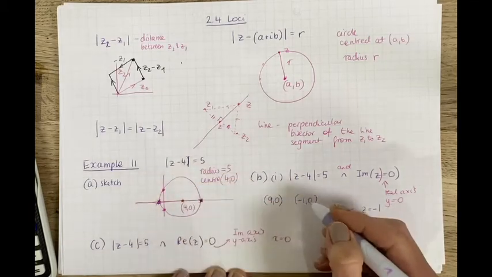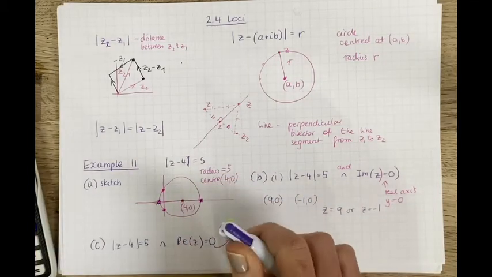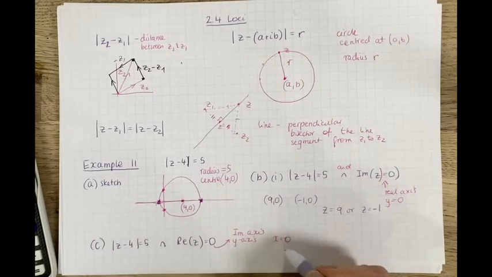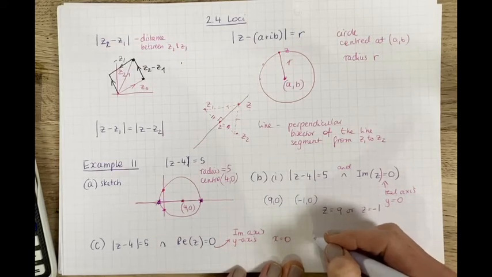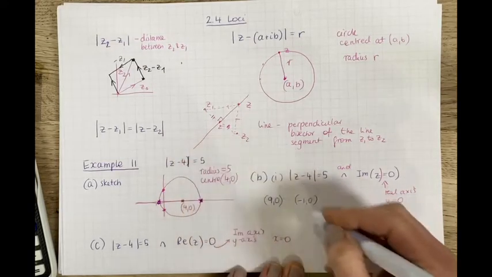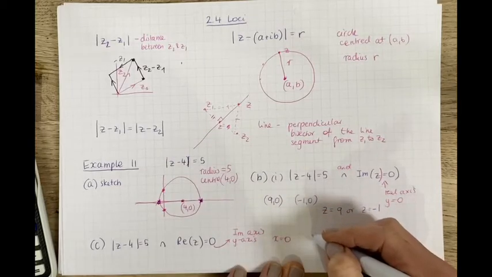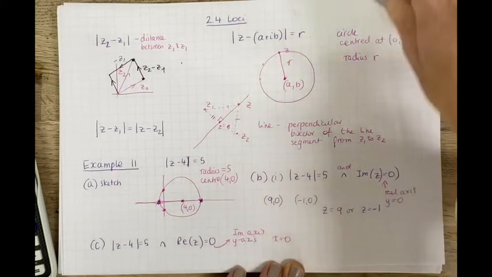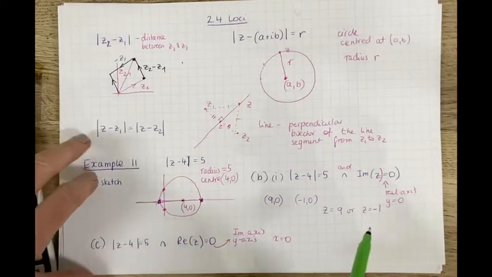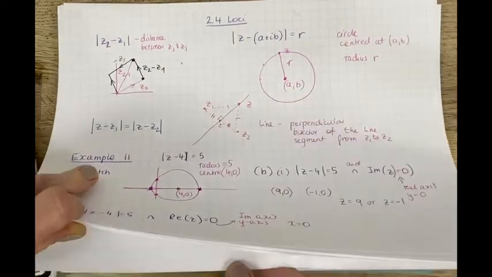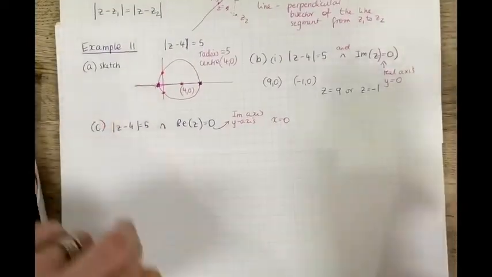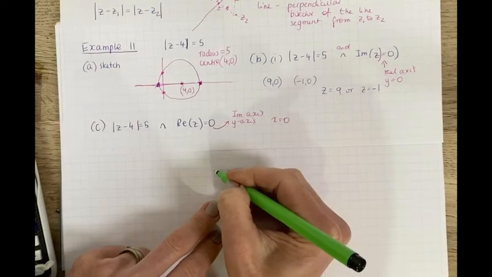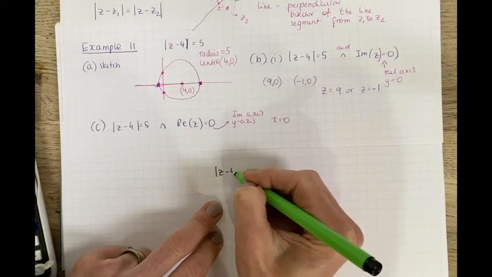Let's find out what those points are. We need to get the Cartesian equation of the circle and put x equals 0. That's one way of doing it. So the equation of the circle is going to be, if you've got |z - 4| = 5, let me get another piece of paper so you can see it better. So the equation of the circle that has a complex equation like this,